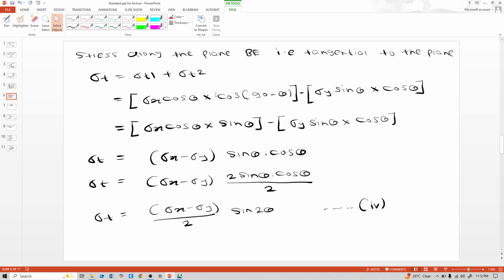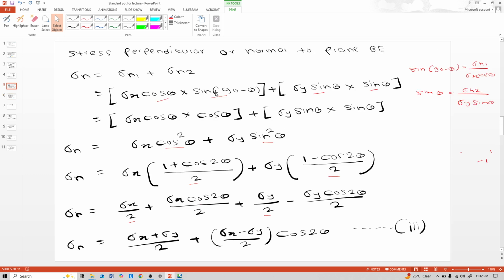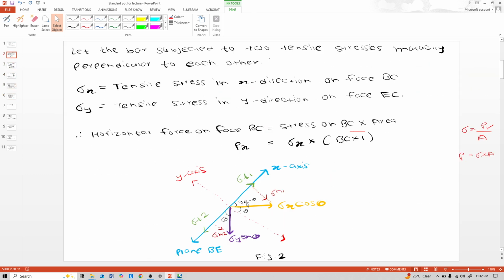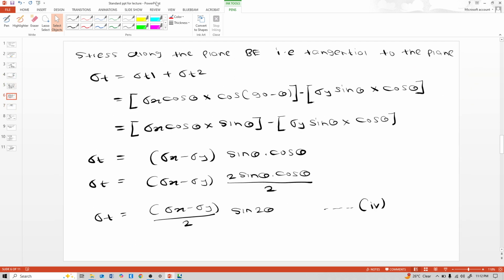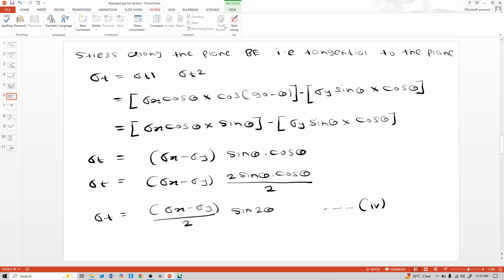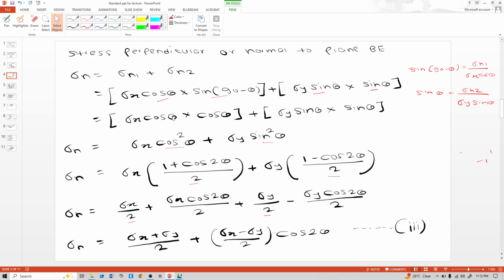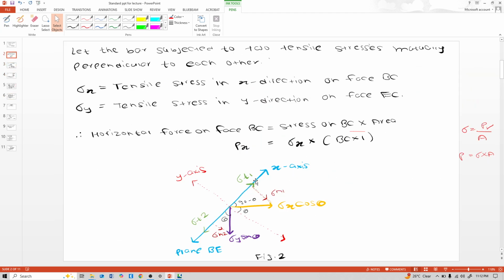Here, use the cos formula, cos theta is equal to adjacent side upon hypotenuse, sigma T1 upon sigma x cos of theta. So here sigma t is equal to sigma T1 plus sigma T2. Here don't use plus because both are in opposite direction. Use minus sign because see this sigma T1 is in opposite direction to this sigma T2. So sigma T1 is equal to